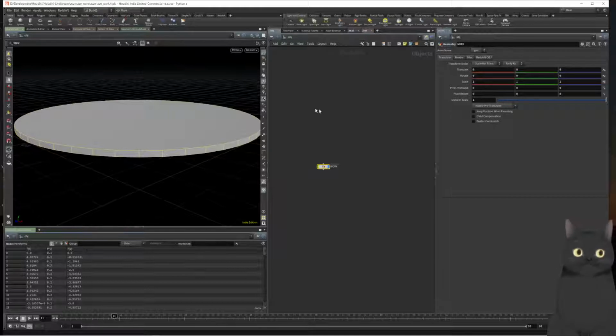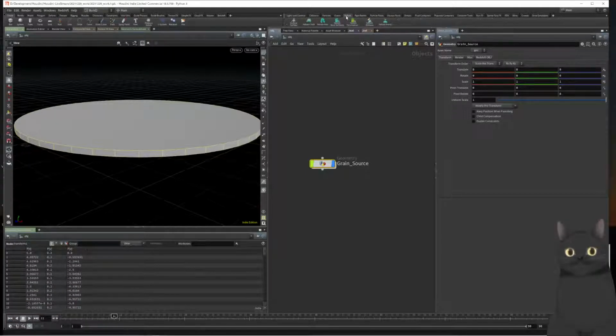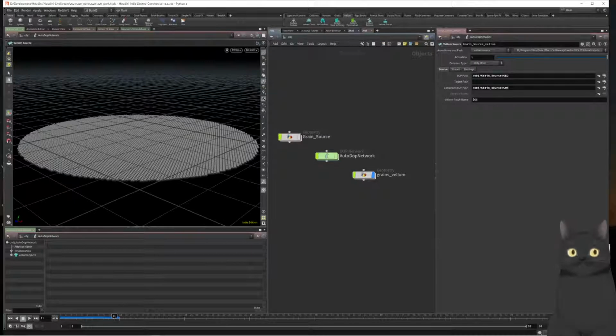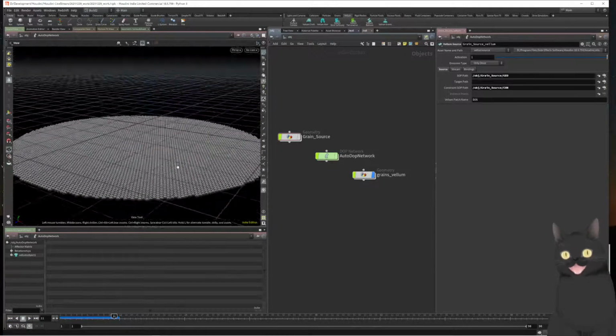This will automatically create the dop network. Vellum Grain。これでグレインが適用されました。